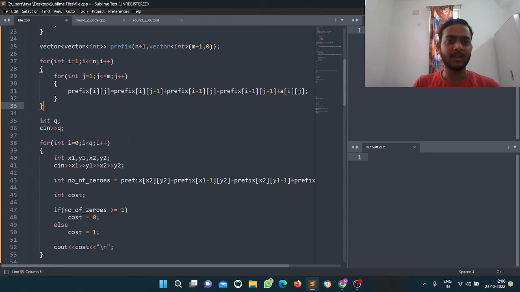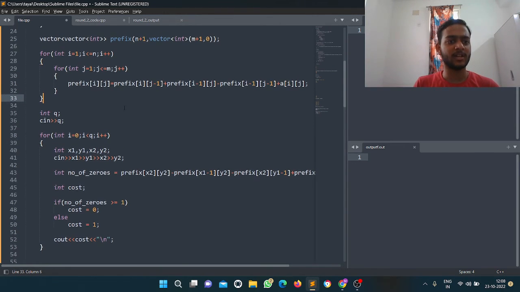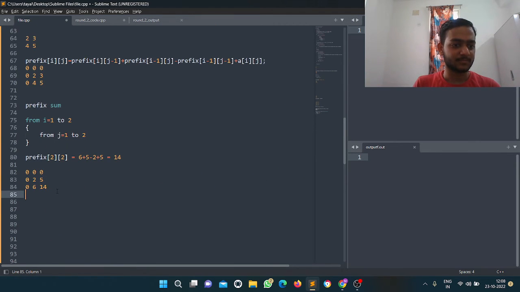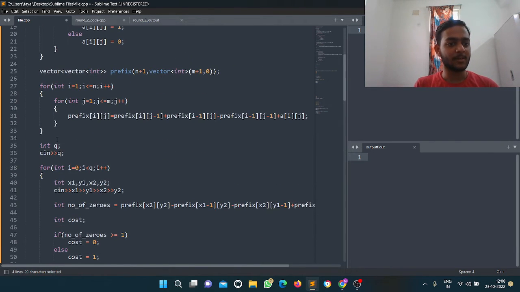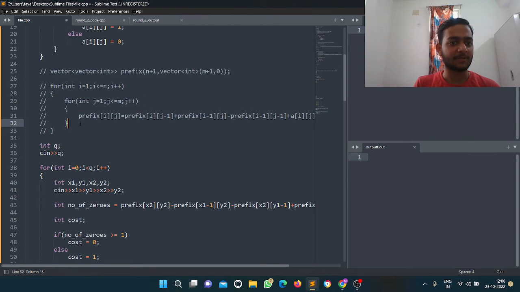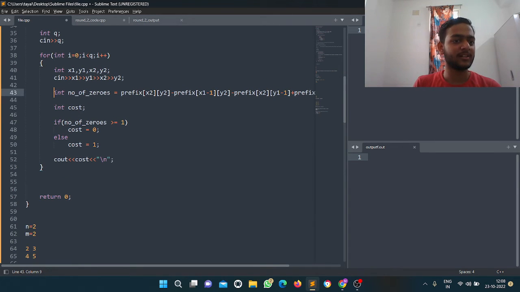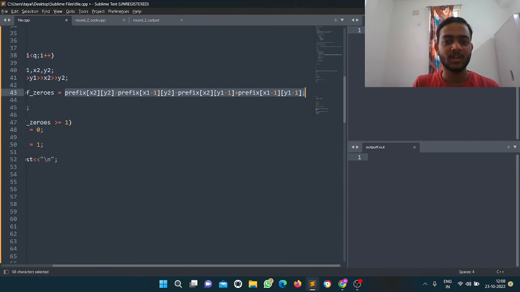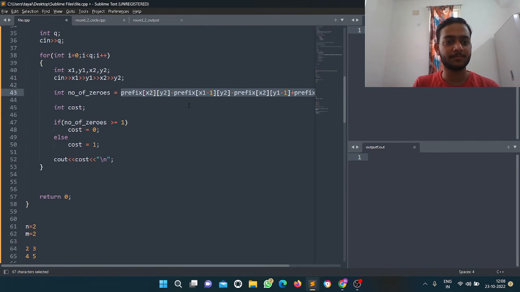Initially they are zero, but we have to store some values now, like we did here. We have to store it like this, and this is the part which is doing that. After that only we can make any computations. This is not the for loop for the queries. The prefix array part is only this. In this, we are only performing a query. This is only the query part. We are finding the number of